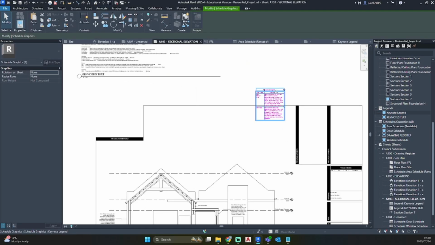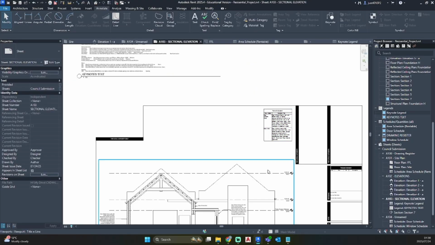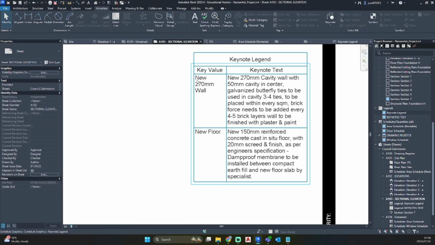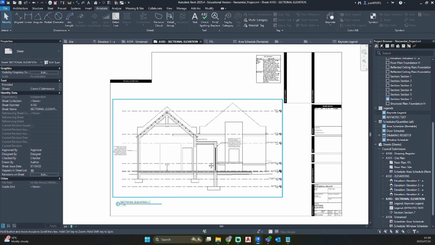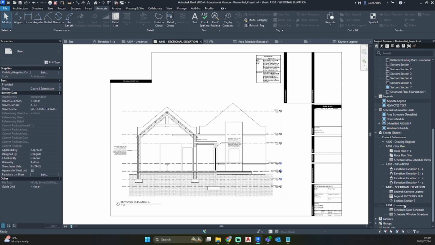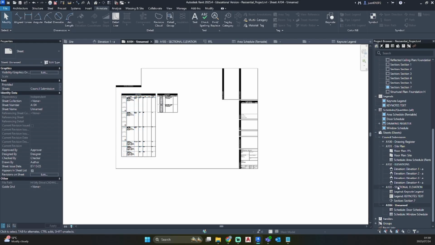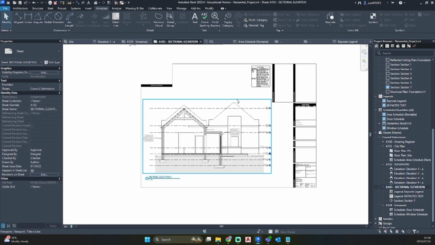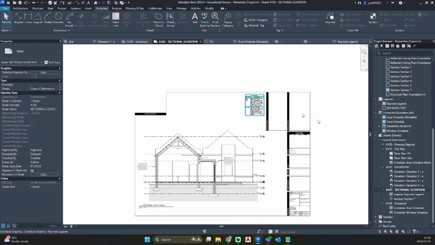Just space it better, and then you can add a legend showcasing new 270mm wall, and then it gives the description, the new floor, and it gives that description as well to prevent your drawing from becoming too cluttered. So there we have our window schedule. We've done a section with our keynotes. I'm just going to remove that.